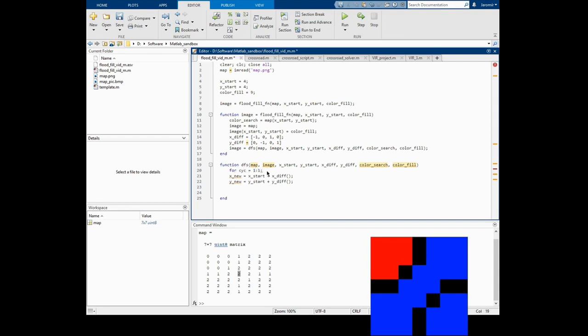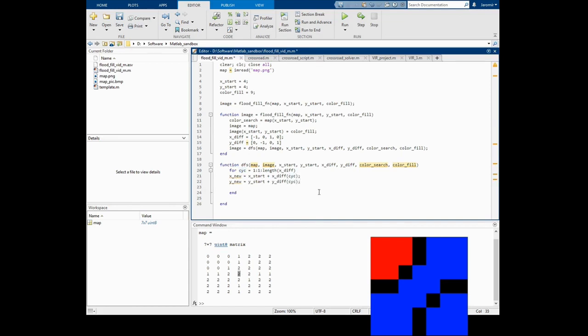Step of 1, and it will be going as far as the length of any of the differences. Yes, in this example it's 4 directions, so it will repeat 4 times,